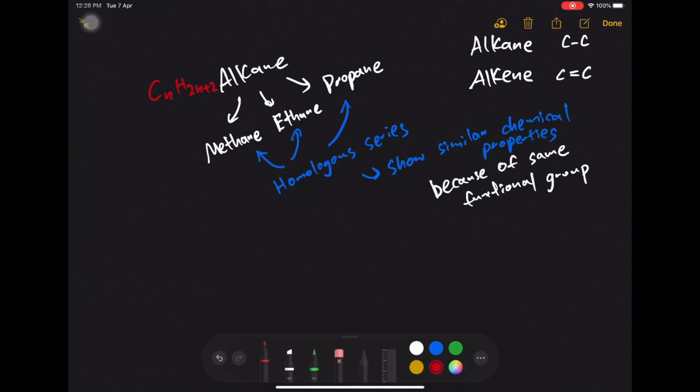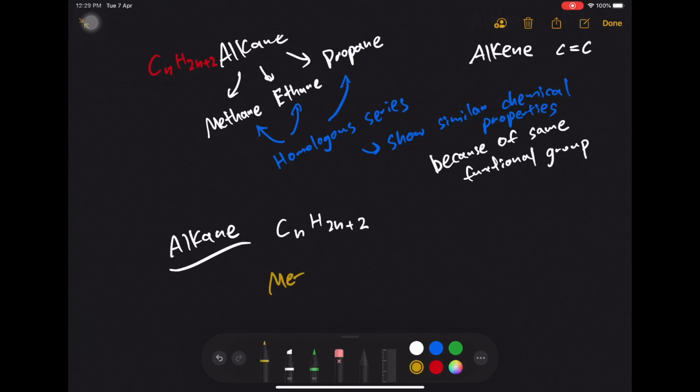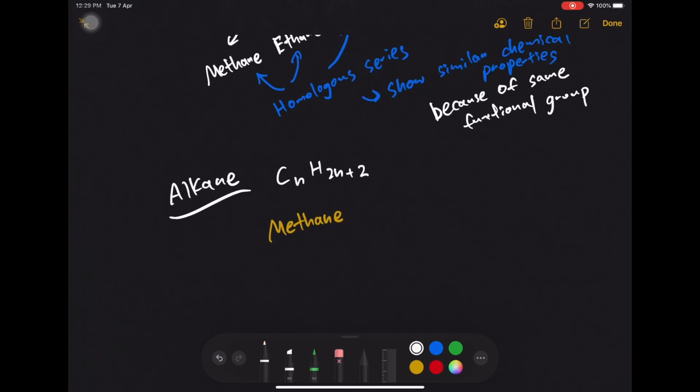So for the first one, we have our alkane. I'm going to write here alkane. For alkane, you know that the general formula is CnH2n+2. So let's say, for example, I have my methane. By now you should know that methane is CH4, but how do you get to that? You need to take note that this methane, you can break it down into two